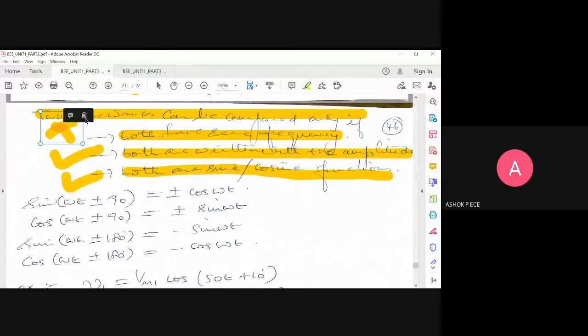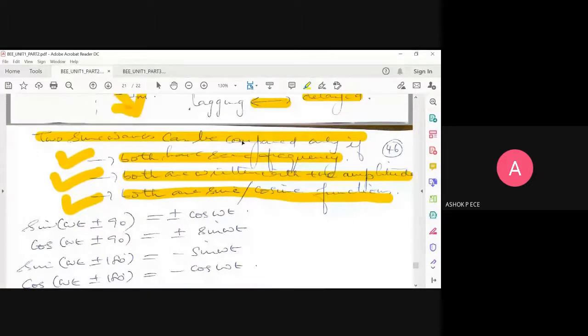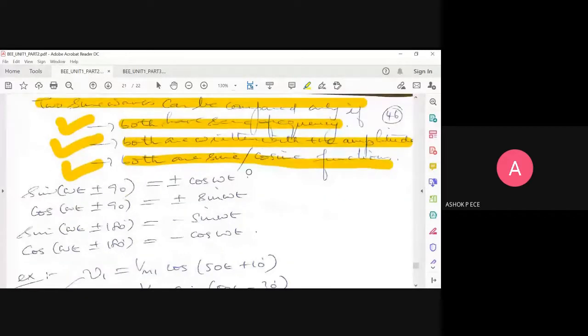So these three points have to be taken care of when you are going to draw the phasor diagram for a sine wave. And predominantly all our logic is based on sine. So even though you have two cos functions, it is better to convert them into sine and then draw the phasors. Our basis is going to be the sine function only, even though cos is given. If both are cos, you can draw, but what the textbook says is we convert everything to sine and then draw. We'll take the sine wave as our reference.